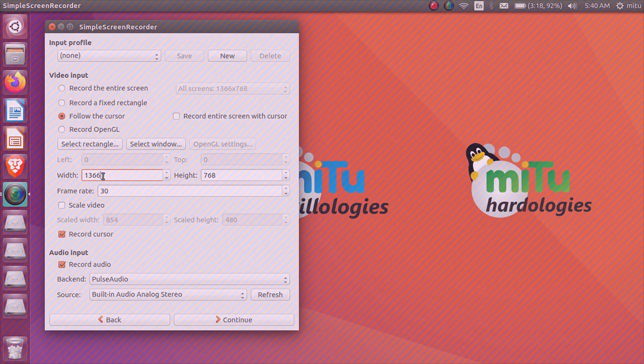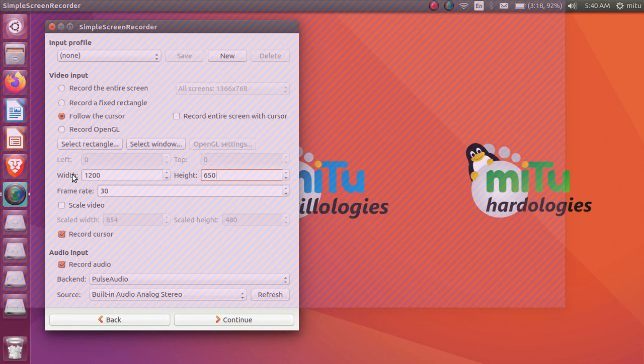The complete entire screen is present now, and just check this, 1200. See how the screen resolution is getting changed there, and here I will put 650. So only this part of the window will be recorded here, following the cursor. Fine. So this is how we can do it.